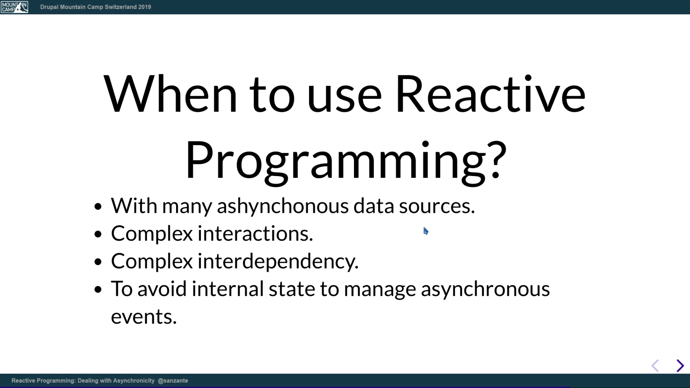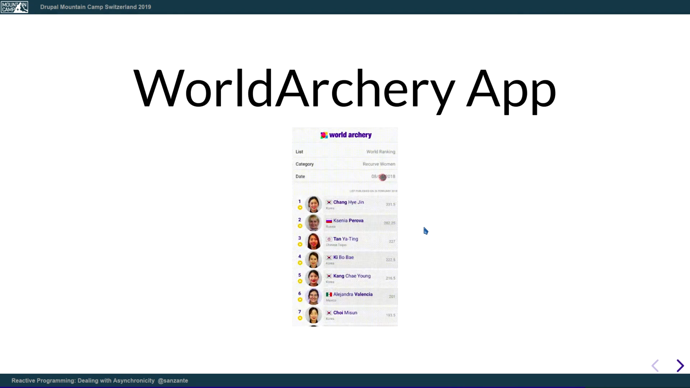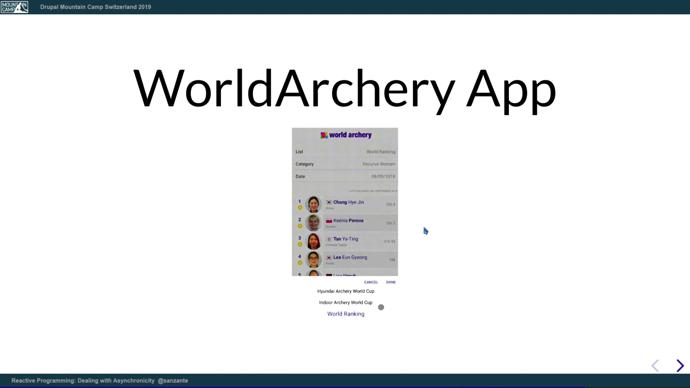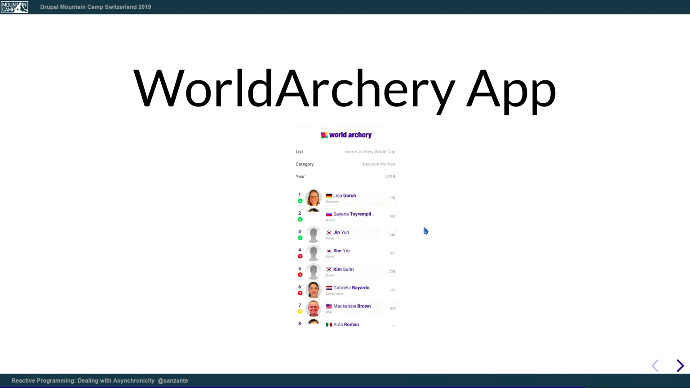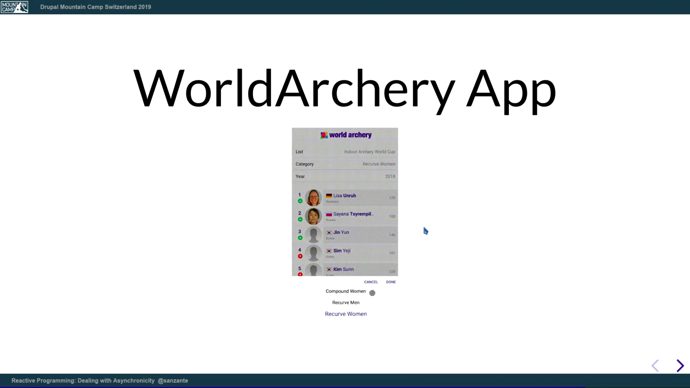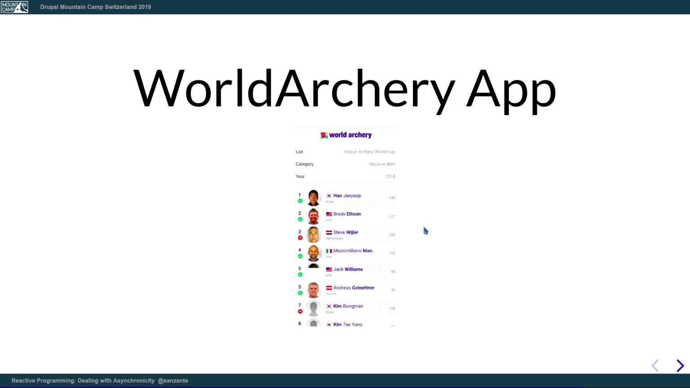And when should we use reactive programming? Well, when you have many asynchronous data sources. Obviously, if you have a simple application with no asynchronicity, it's not worth using it. When you have complex interaction with the user and the different components of your application, or complex interdependency, and in